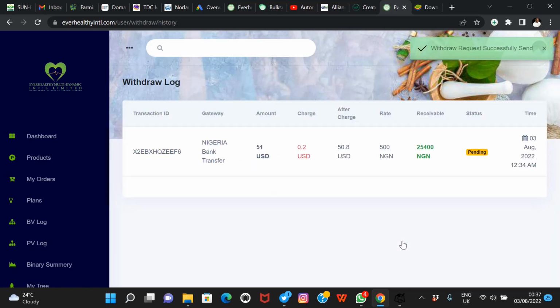Alright, so it's gone. Withdrawals are usually done on Wednesdays, and then you get your money before the end of the day. All right, so that's all about how to withdraw your money